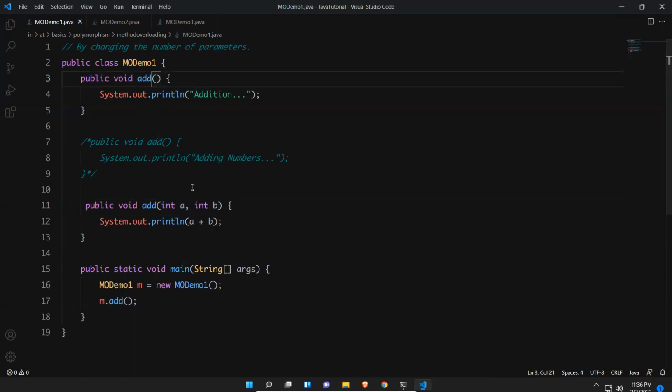Here 0 parameters, here 2 parameters. You might have 1 parameter here, 2 parameters here. You might have 3 parameters here, 2 parameters here. Unless both have the same number of parameters, the same order and the same data type, you can create as many methods with the same name as you want. But if both are exactly the same, then it will not allow it. So if I try to execute this now,